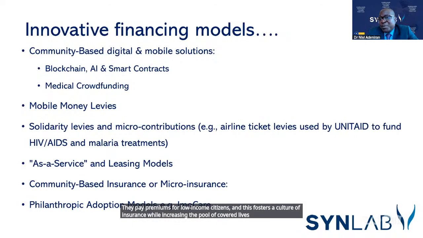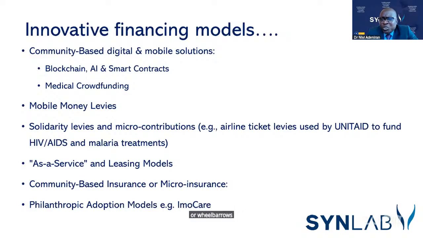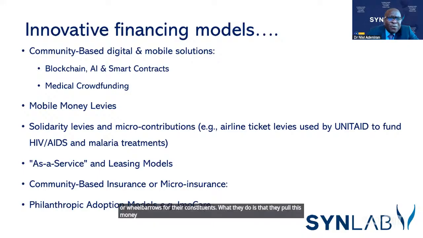So instead of every time buying hairdressing machines, petrol generators, motorcycles or wheelbarrows for their constituents, they pool this money together and use the philanthropic adoption model to pay